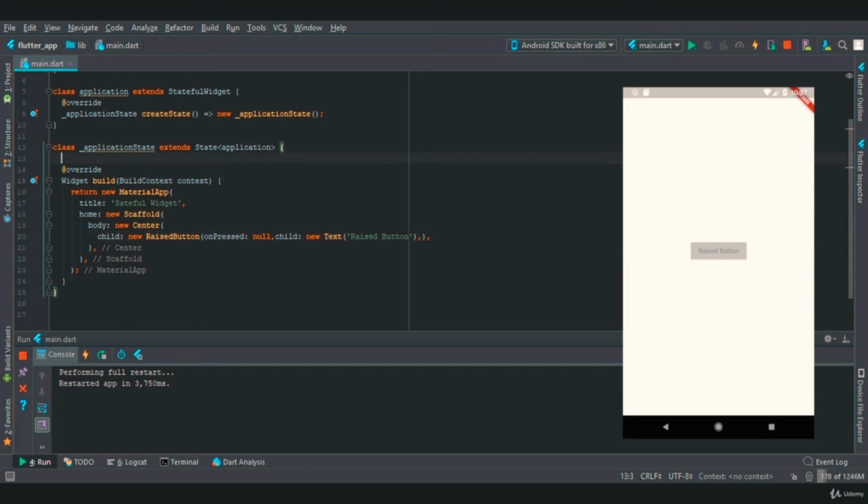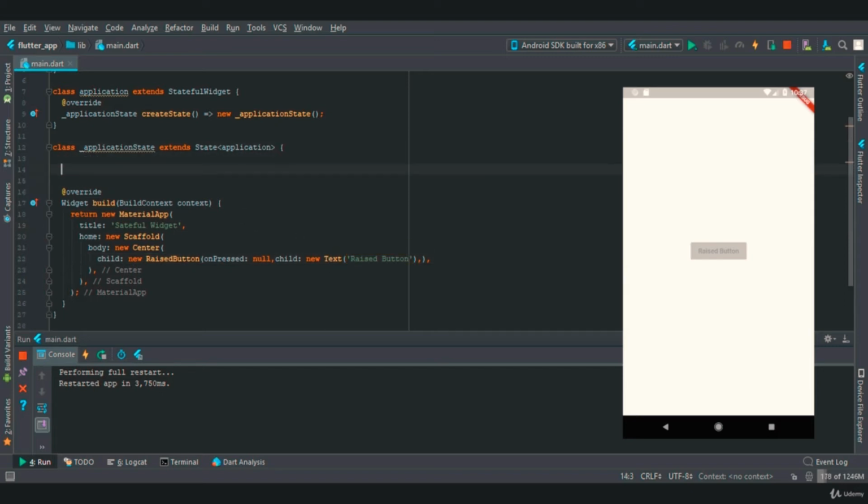So for that we'll create a string called tText, and here we'll provide it as empty.